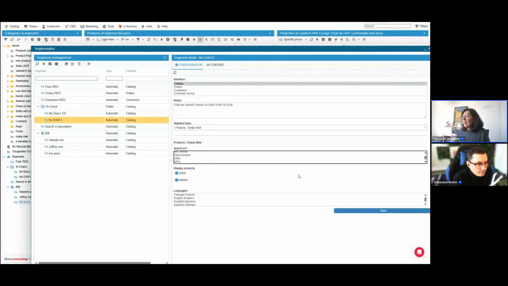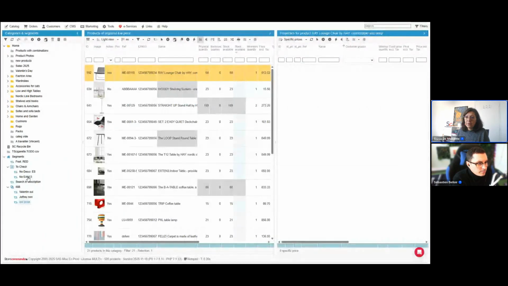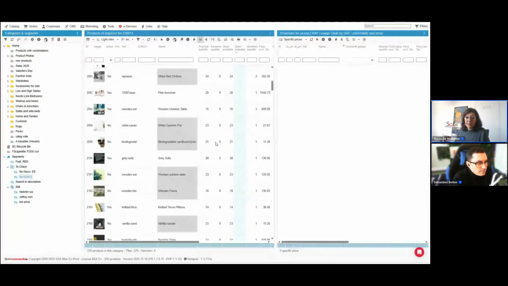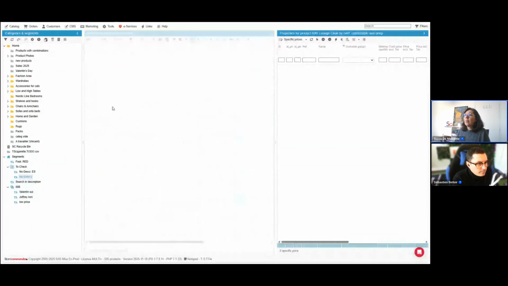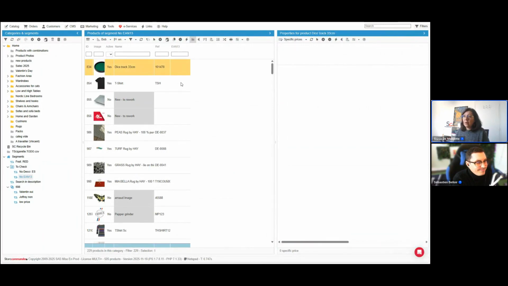Okay. So this one is for the barcode. I'm closing this. Again, I simply need to click on this, and I have all the products on my shop that don't have a barcode. I can create a view. I think it's called Bob, because Bob is my colleague who needs to enter all the barcodes. So I just tell Bob, click on the segment called No EAN13 and enter all the barcodes on those products. And he will enter the barcodes.